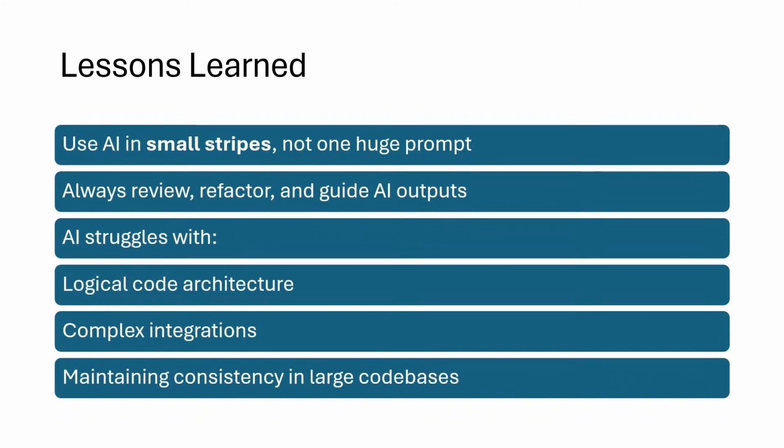So, yeah, lessons learned. AI is best used when you use it in small strides, like building or fixing a small component, stuff like that. It excels when it just has one simple, small thing to work on. But when you have a huge thing for it to work on,